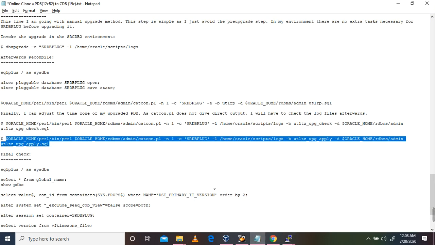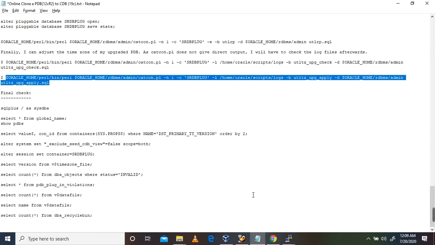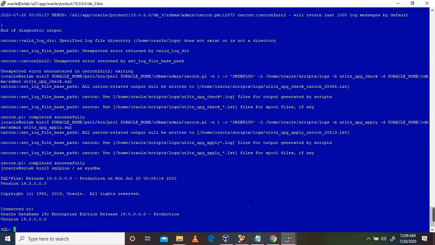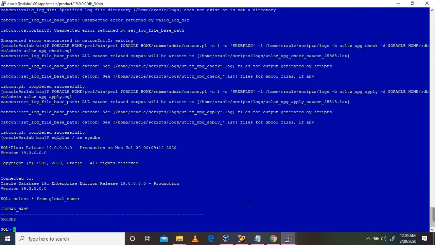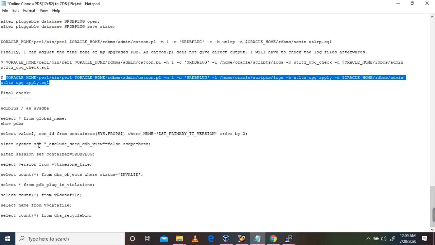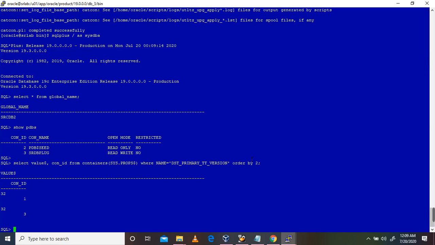So with that, there is a final check we need to perform. We'll log into that database as sysdba and select star from global_name. Now this is done, and we need to check that the time zone is updated successfully.